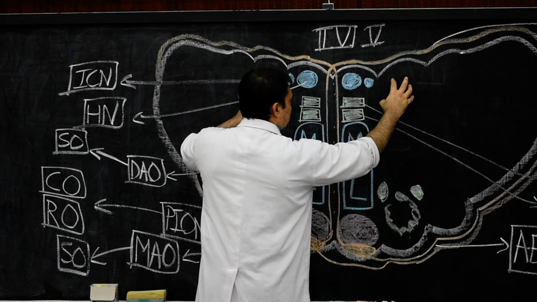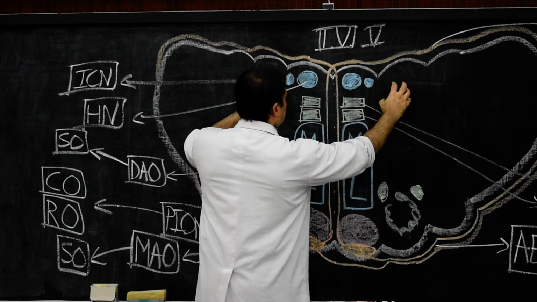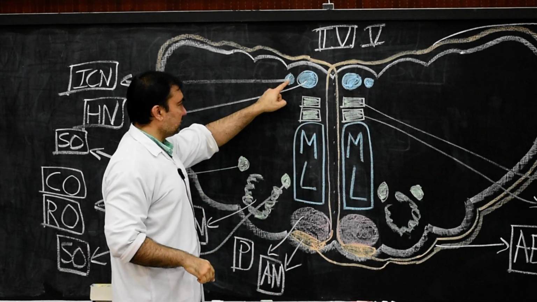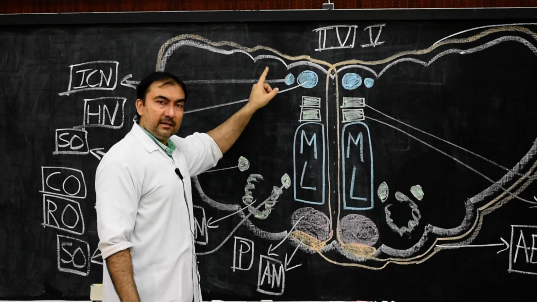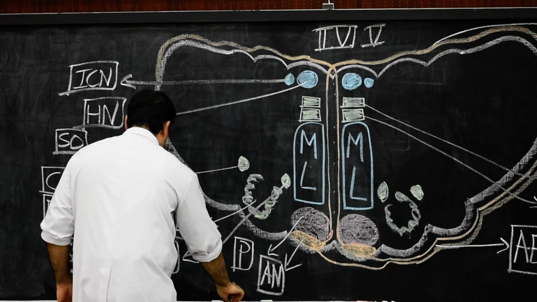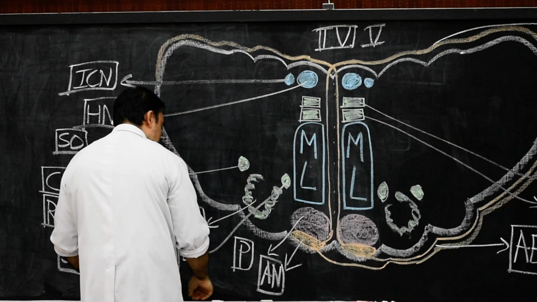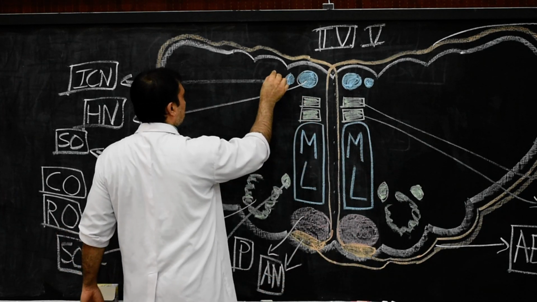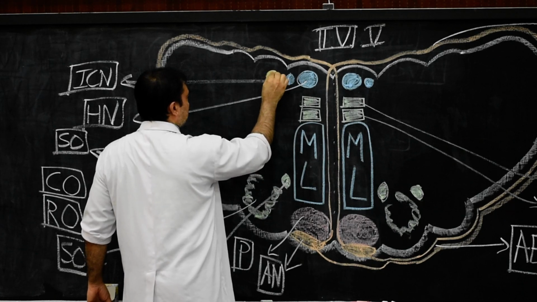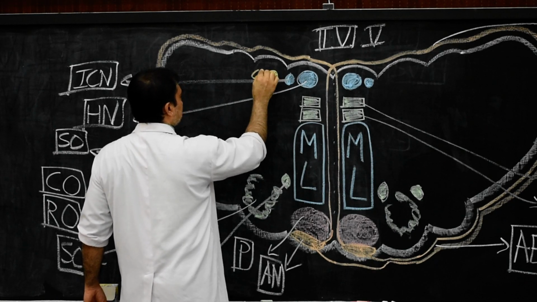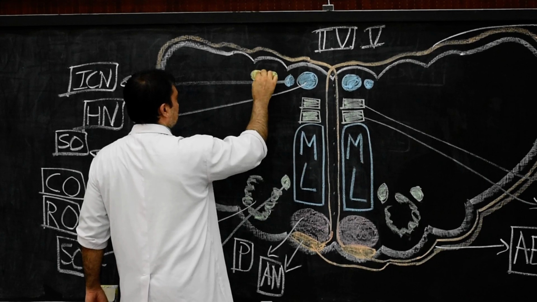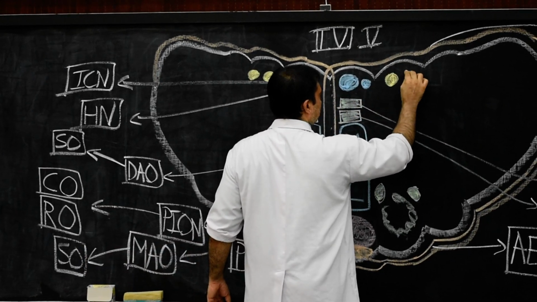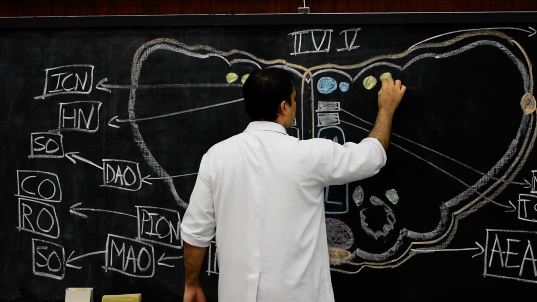Now we come to the intermediate region only, but in the dorsal part. Now in the dorsal part, lateral to this nucleus, what was this nucleus? Intercalatus. Lateral to it, two more nuclei we have to draw, and those two nuclei will be, let me draw with yellow color, the dorsal nucleus of vagus, and here there will be the nucleus of tractus solitarius. Once again, dorsal nucleus of vagus and nucleus of tractus solitarius.